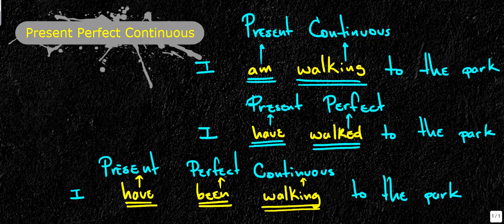Now, in what situations do we use present perfect continuous? If you are familiar with present perfect, then you are more or less familiar with present perfect continuous. They express the same thing. The only difference is present perfect continuous makes emphasis on time. All right? Let's make an example. I'm going to use the phrase,